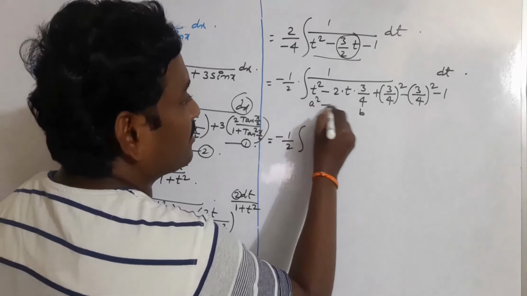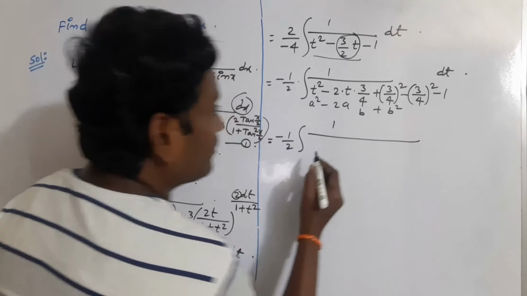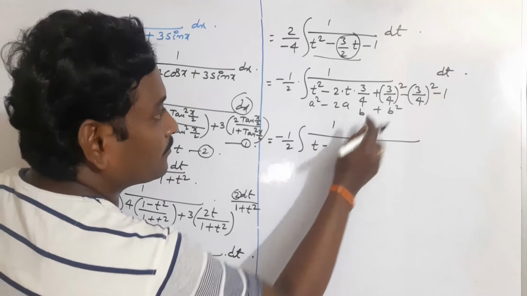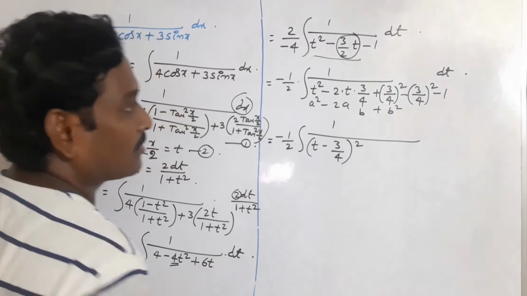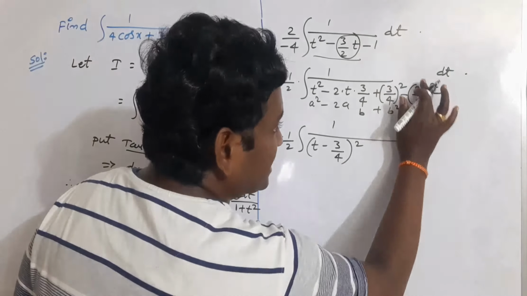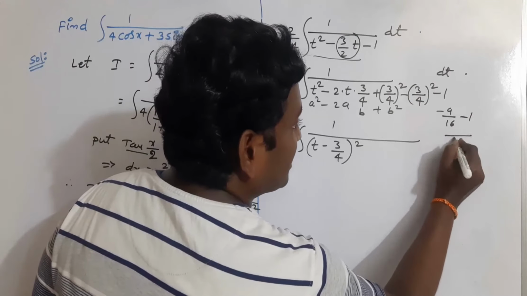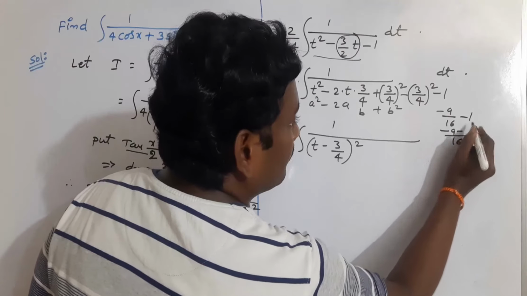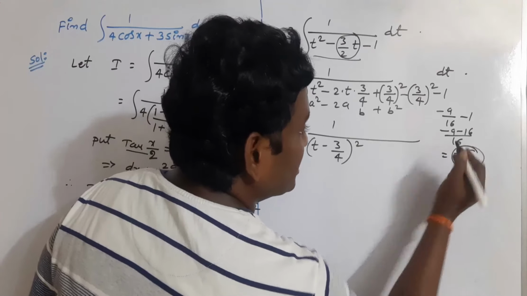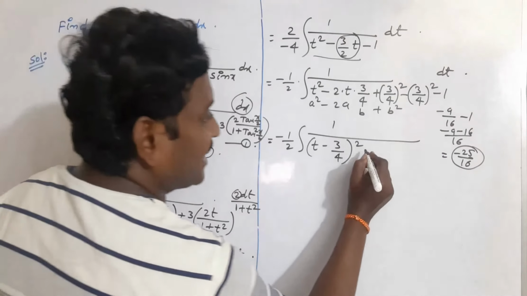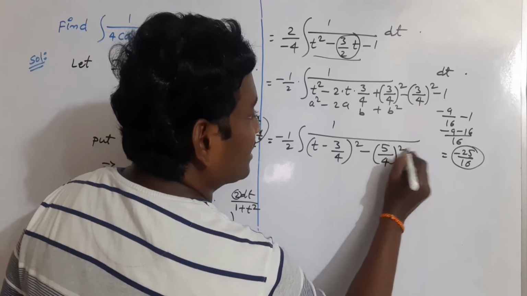See, this is a square minus 2ab plus b square. That's why it is 1 by t minus 3 by 4, where the b value is 3 by 4, whole square. What about the remaining part? Minus 9 by 16 minus 1. By taking the LCM 16, minus 9 minus 16, which is minus 25. Minus 25 by 16 is the remaining term. You can write it directly as minus 5 by 4 whole square into